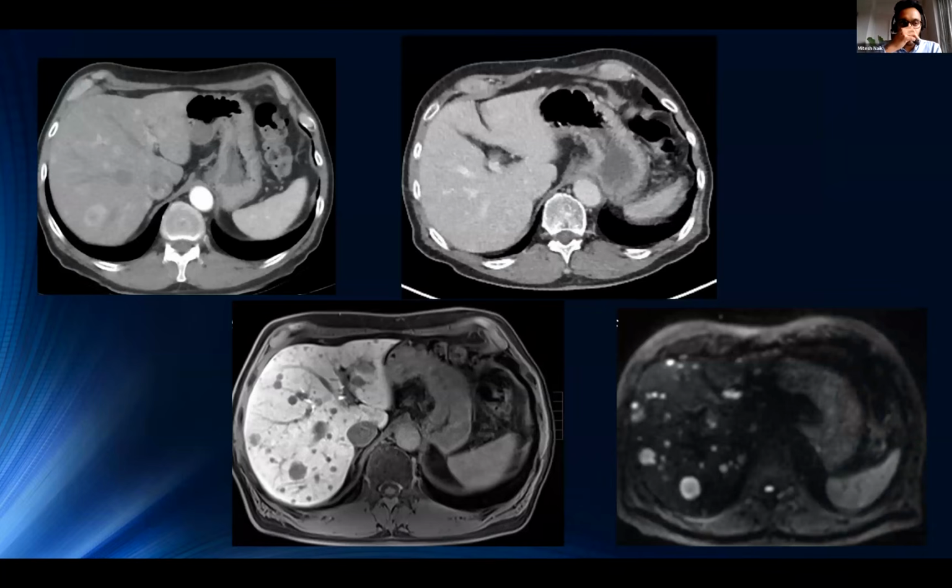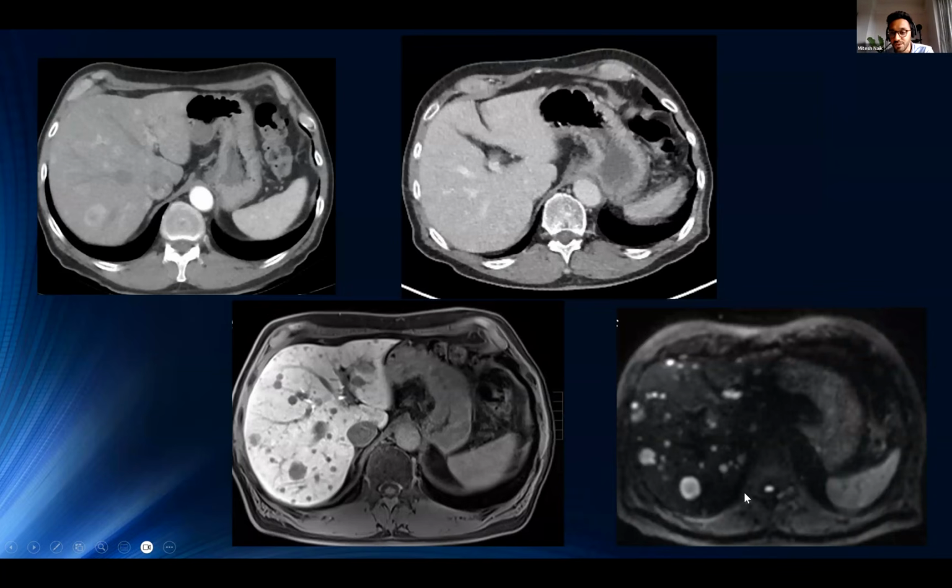Sorry about that. So on the top left, you can see a couple of enhancing lesions within the liver. However, on the bottom, you can see this is the delayed phase of an MRI where the contrast has actually washed out of all of these liver metastases. So everything you can see within the liver, which is dark, is a metastatic focus, highly significantly underestimated on the CT, even with arterial phase.